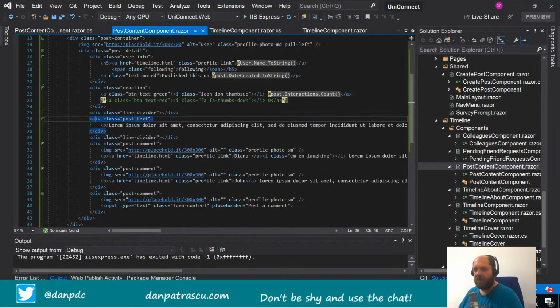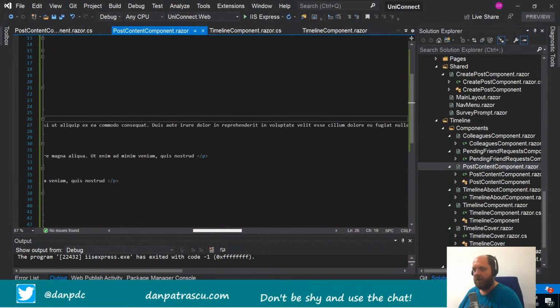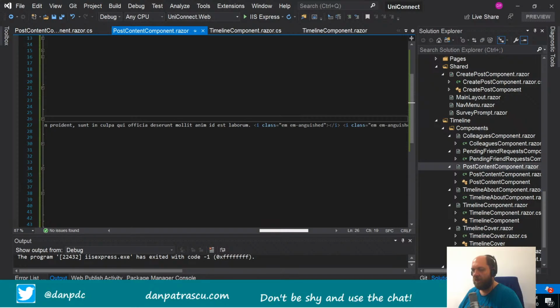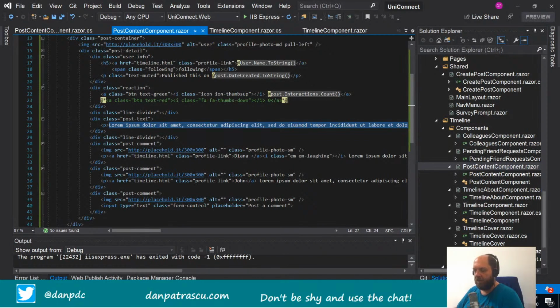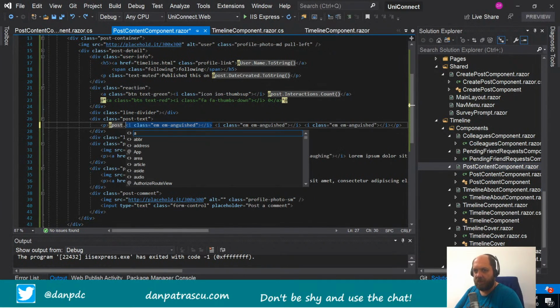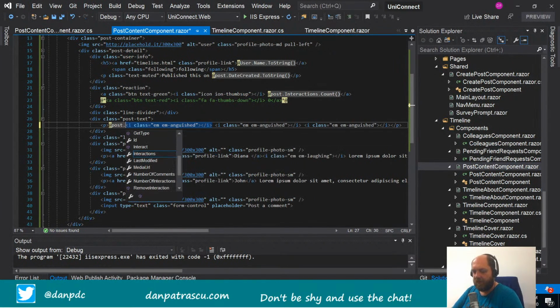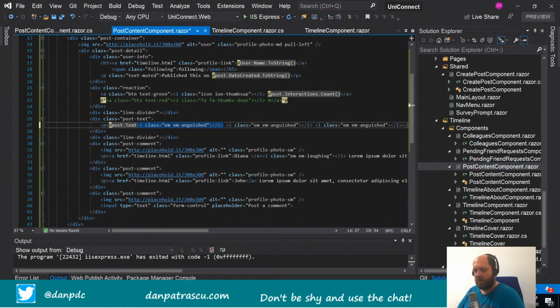Then we have this post text, and I'm not sure exactly what those buttons are at the end, but here we can say that this is the post dot text, yes,